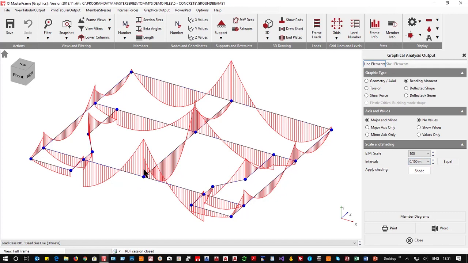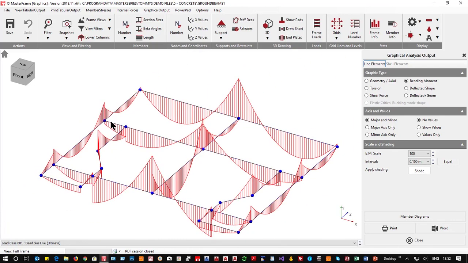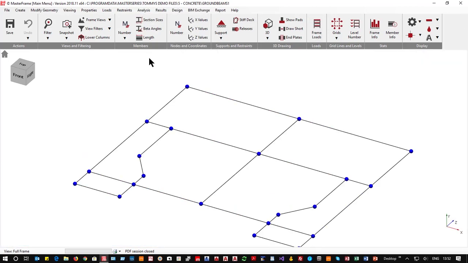And what you're seeing is that at every instance you're getting little kicks, because this little kick here is equal to this kick here. Well, the torsion in this member, this kick is going to put a torsion here, and this member, this kick here, is going to put a torsion in these two members. So we're going to get torsions all over the place, and that's going to cause you a wee bit of fun in your design. And likewise, you can see here we're getting massive kicks between spans because of this torsion that we're exhibiting. If I was to come out and go into the concrete design,